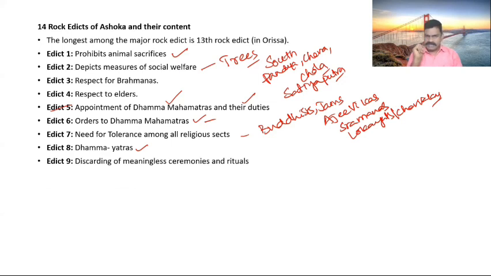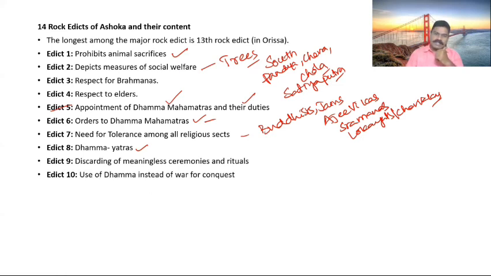Celebration of the rituals, cutting the animals, pouring oil into the fire cult, and pouring milk into the ears, that is what is called putta ears. All these are meaningless ceremonies according to Ashoka. What did Ashoka advise? These are meaningless. What should we do? We have to give some respect and some time to our dear and near persons. That was the real festival, according to Ashoka.